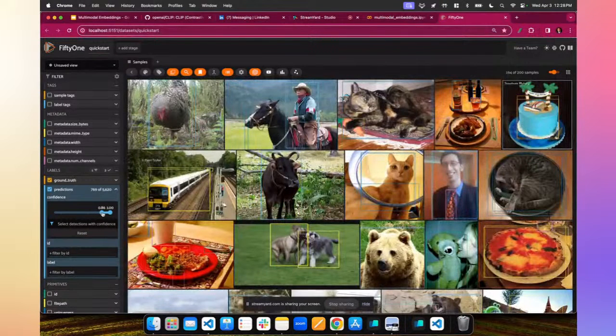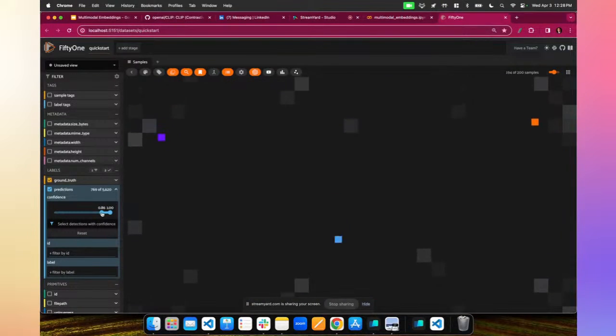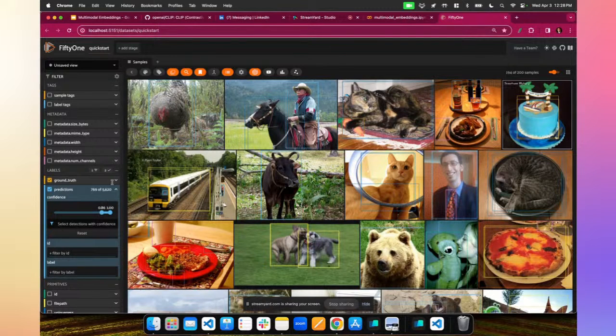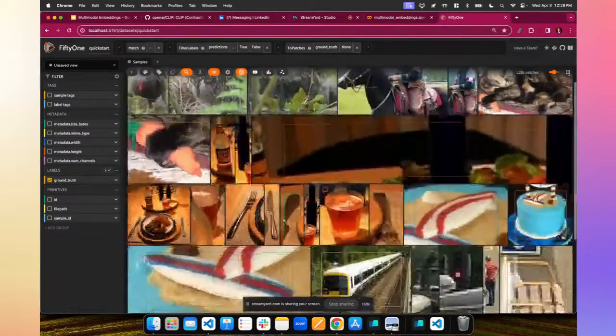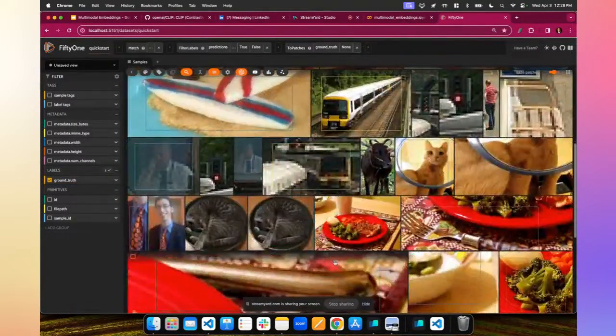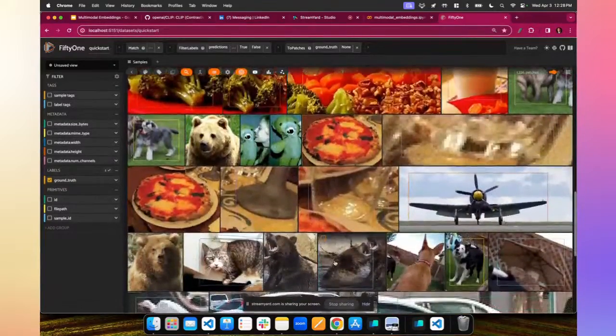So we may not necessarily want to look at all of them, which could be a misrepresentation of what the model is doing at its best. We may want to choose a different cutoff at some point. We can do things like look at all of the object patches. This is just a very minimal view of what FiftyOne can do, but this is just getting familiar with the FiftyOne app.